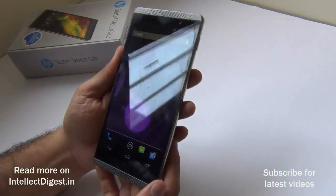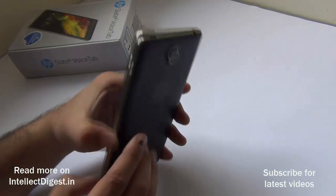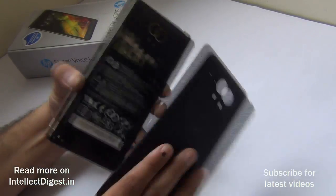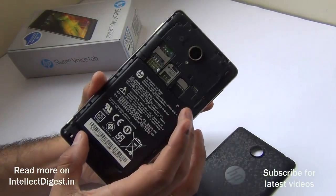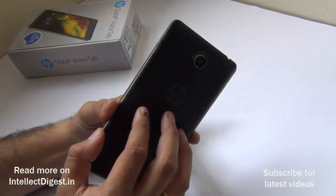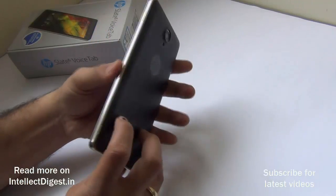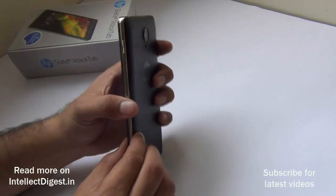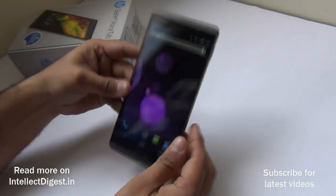Now let's talk about the battery life, which is again a very important aspect for a large screen device, which generally uses higher battery compared to the small screen devices. This comes with a 3000 mAh battery, so this is around 1.5 to 2 times the battery size that you get on a standard smartphone, and this works well on the HP Voice Tab. It lasts for more than a day if you are a moderate user, but if you are a heavy user, it will still give you 1 day of battery backup, and this is really good for a large screen device